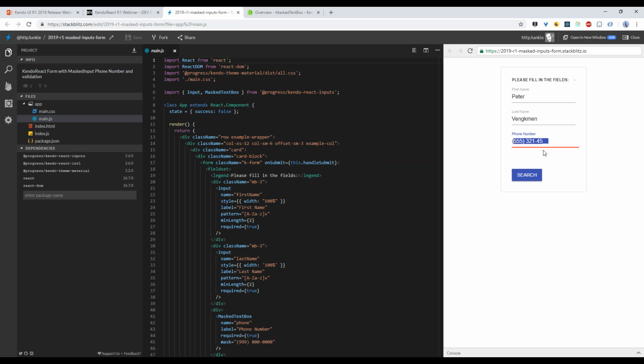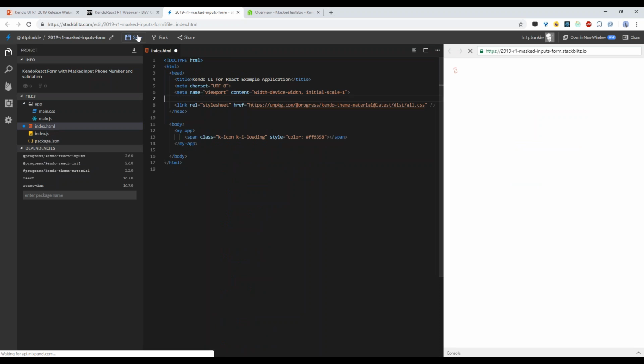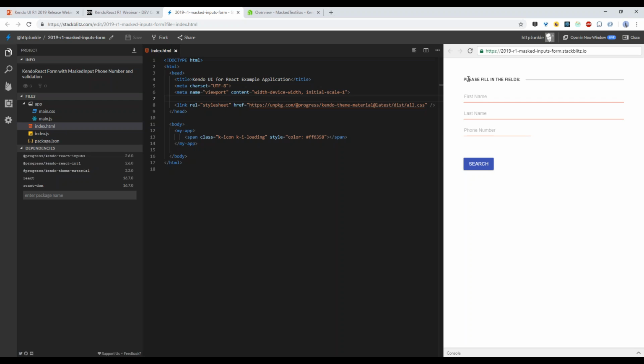The rest of this is all Kendo UI, and if you removed that Bootstrap dependency, we still get all the goodness right from KendoReact. We still get the formatting, we still get the nice material input boxes, we get the